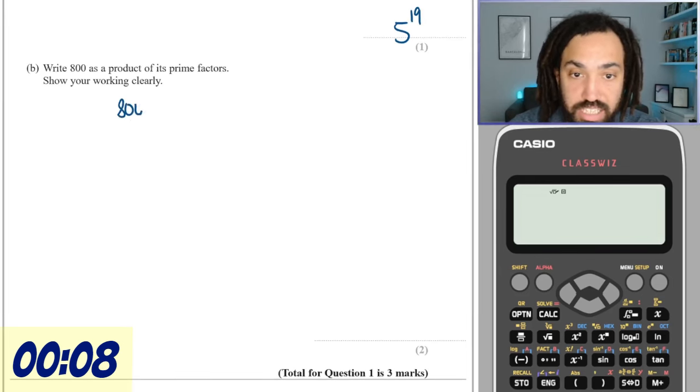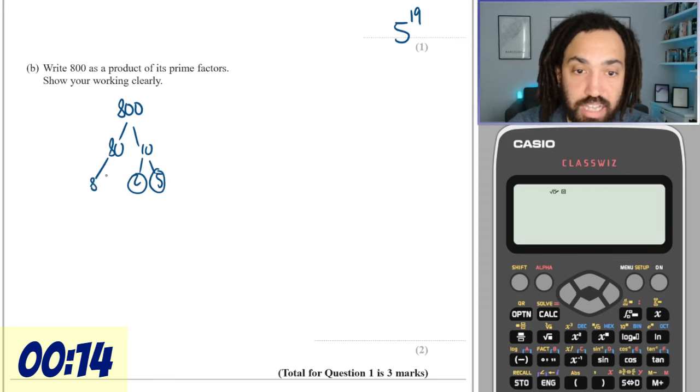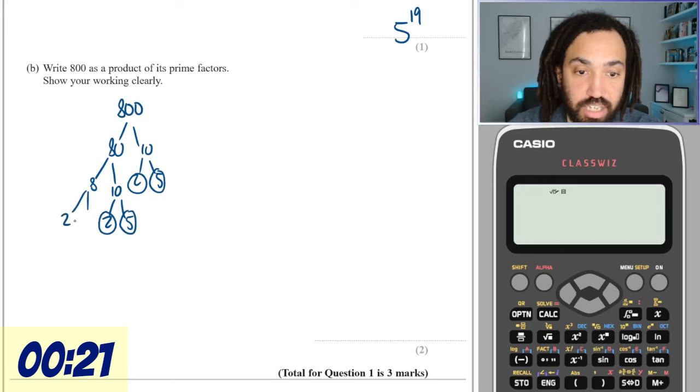Okay, so we can do 800. 800 is 80 multiplied by 10. 10 is 2 and 5. We circle those because they're prime. 80 is 8 and 10. Again, 10 is 2 and 5. And 8 is 2, 4,